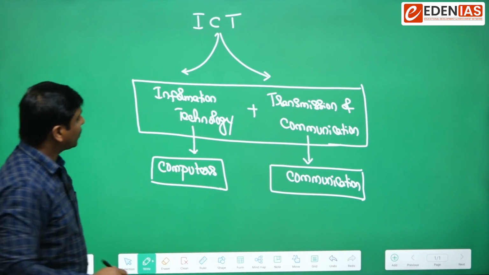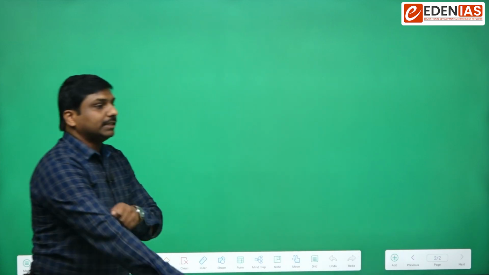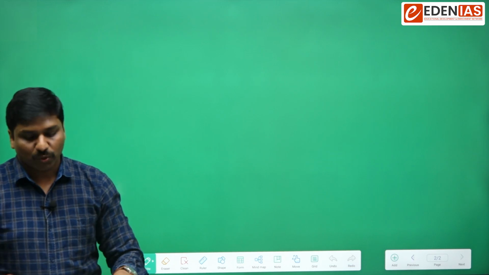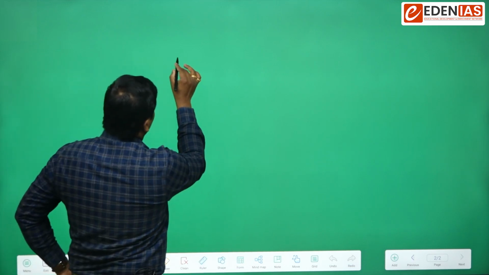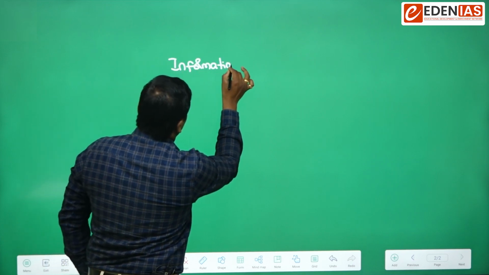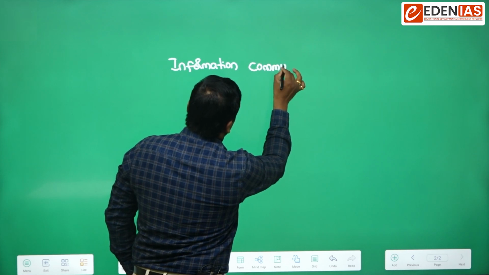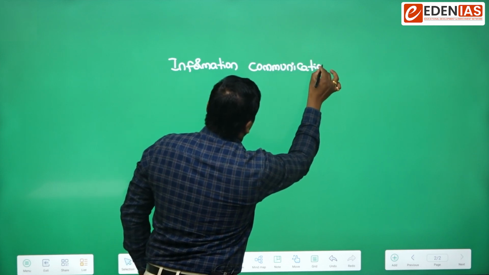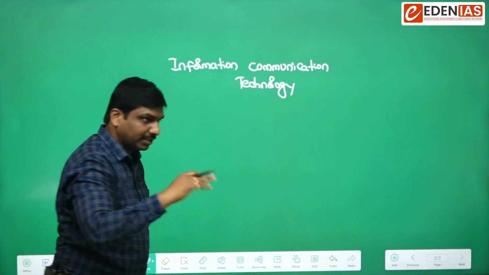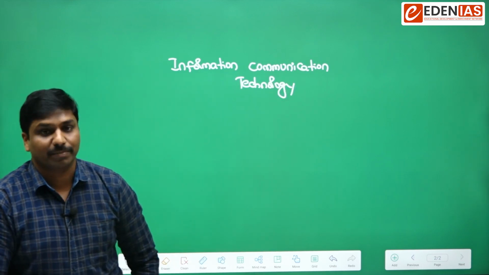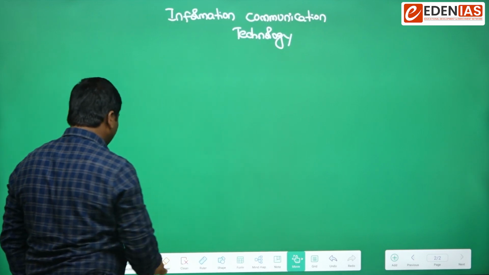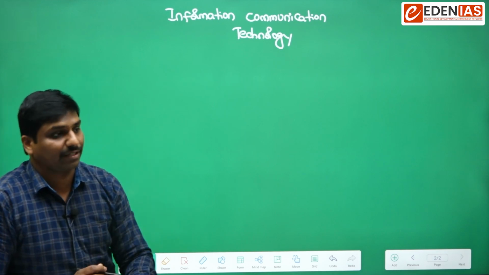So first, let us try to see the scope in detail with respect to information communication technology. Some things you can write, as everything will not be there in the circulated documents. Some things should be there with respect to the class itself. Just see and you will get some other insights.